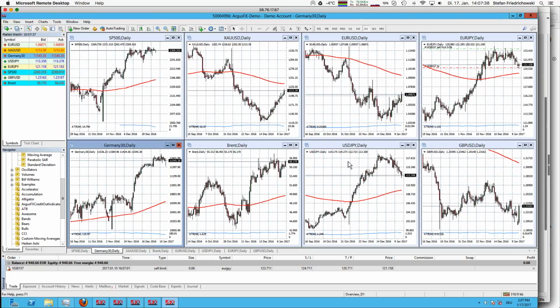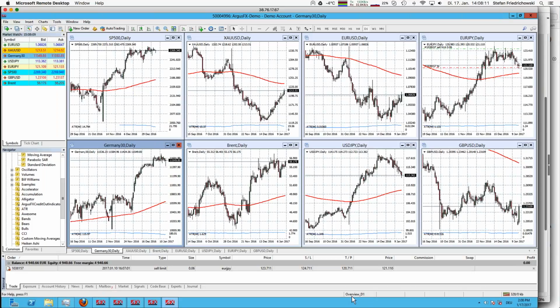So euro, US dollar, Japanese yen, euro, Japanese yen, and finally British pound, US dollar. So those are our 8 favorites. And what we have done else was to set up a so-called profile within MT4, our trading platform. And you see here my overview profile, which is named, and you can always see the name of my profile here in the bottom line of MT4.